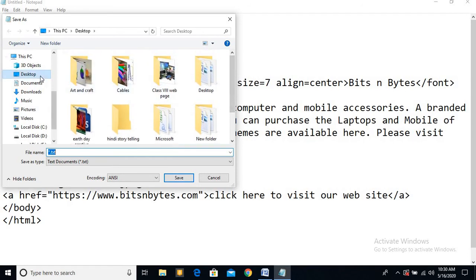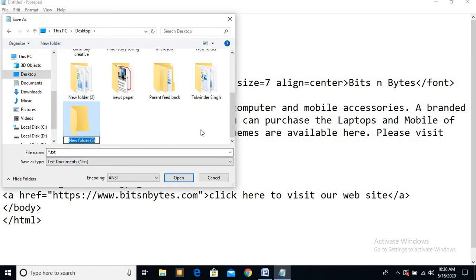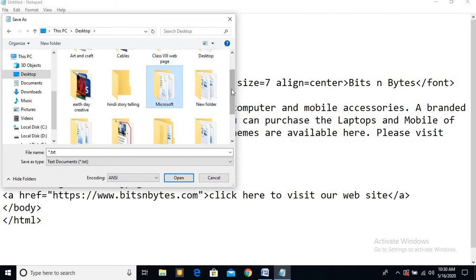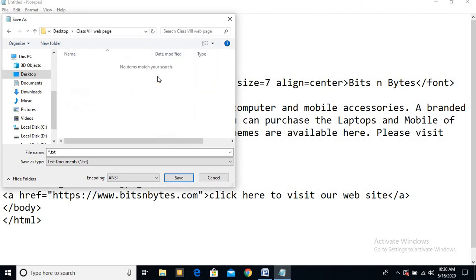So I just made one folder for you, already made. If you want to make one, first of all click on the desktop, then New Folder. The folder will be created here, but I have already created, I am not going to save. On my desktop there is already a folder, class 8 web page. This I created. I will open this web page. Now I am going to give the name, say bits.html. .html is mandatory. Bits is the name of the file. .html is the extension of a file which is mandatory here. Without that, that file will be considered as a text file and it will not be implemented on the browser.